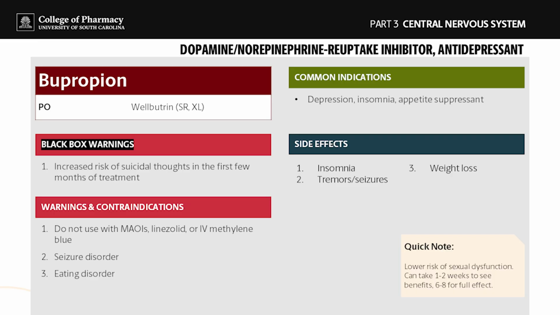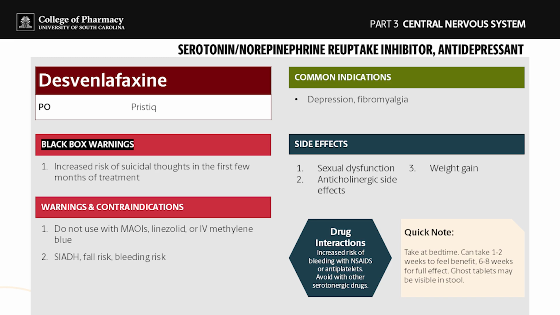And they found benefit with this with depression, insomnia, and as an appetite stimulant. But look, it can also increase the risk of suicidal thoughts, and it can lower the risk of sexual dysfunction, and it too can take 1 to 2 weeks to see the full benefit, especially if we're using it for depression. Serotonin norepinephrine reuptake inhibitor, antidepressant. Here's another one,